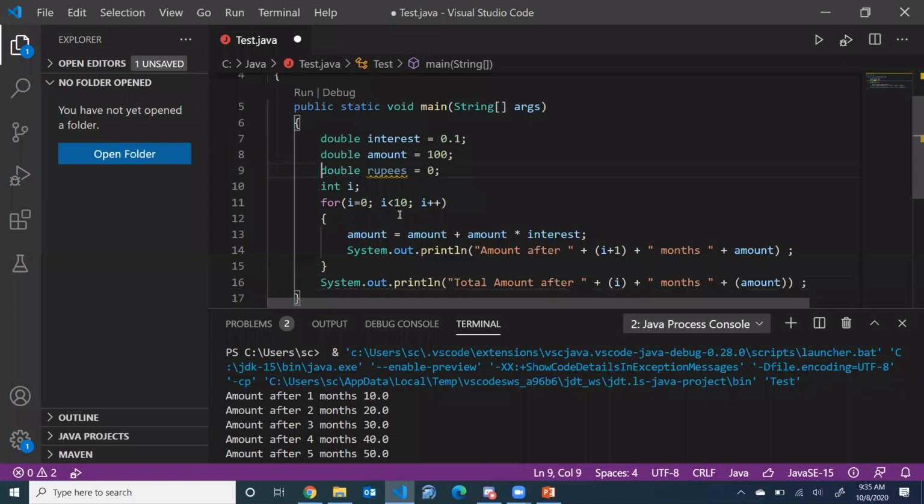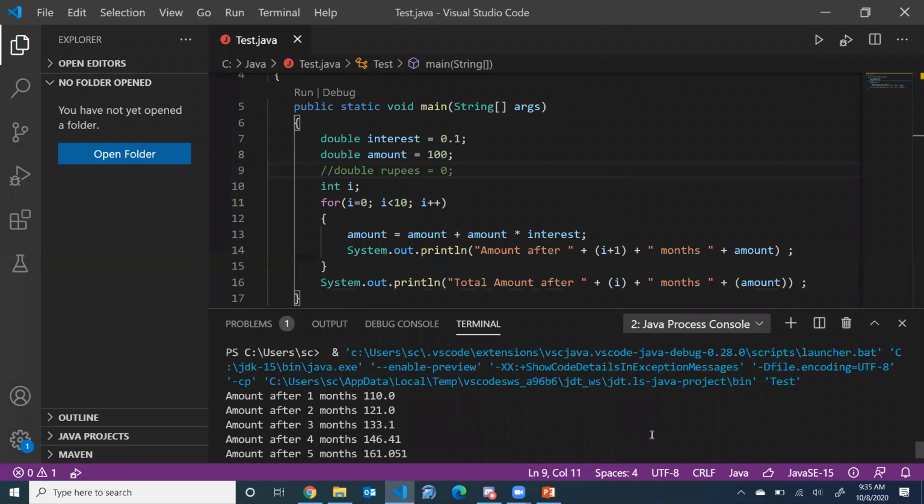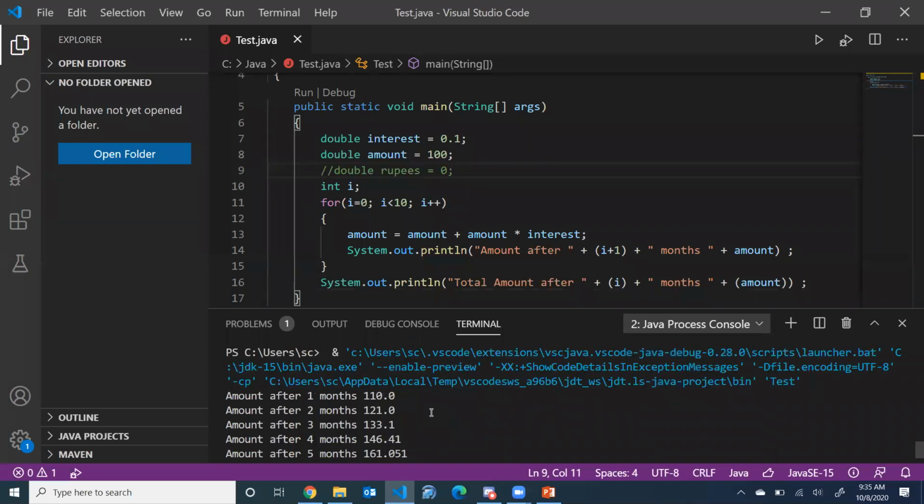ठीक है, तो ये रुपीस की हमें जरूरत नहीं है। अब इसको हम रन करें, अब आप देखें कंपाउंड इंटरेस्ट ये होता है, तभी कंपाउंड इंटरेस्ट को लानत कहा गया है। ठीक है, तो कंपाउंड इंटरेस्ट ये होता है कि पहले महीने के बाद आपके पास जो पैसे थे वो 110 हो गए। ठीक है, दूसरे महीने के बाद 121 हो गए, फिर 133, फिर 146, और फिर देखिए उसी के ऊपर कंपाउंड इंटरेस्ट बढ़ना शुरू हो जाता है।